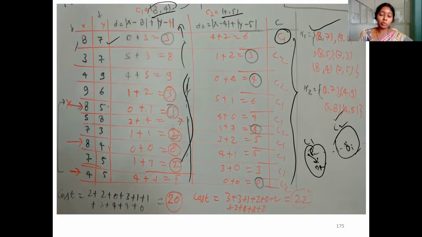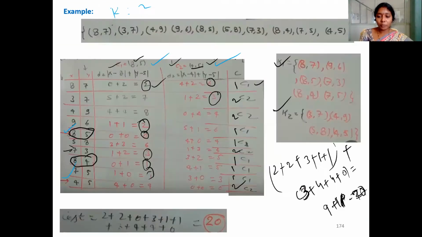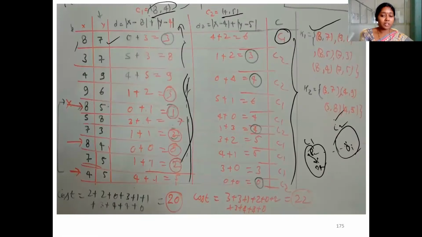And what do we need to do now? We need to again calculate the cost of forming these clusters in the second iteration with the new representative objects. So again, how to calculate the cost? Cost of C1 plus cost of C2. Cost of C2 we already know because there is no change in C2. What is the cost of C2? I think 8 plus 3, 11. So for that you need to add the cost of C1, and by adding that you will get 22.